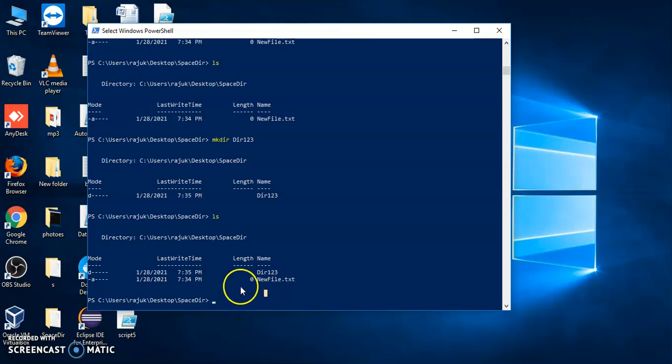If we want to check how we can tell whether this is a directory or a file, it shows the Mode. Here d means directory, and new file is a file. The .txt is the extension of the file.